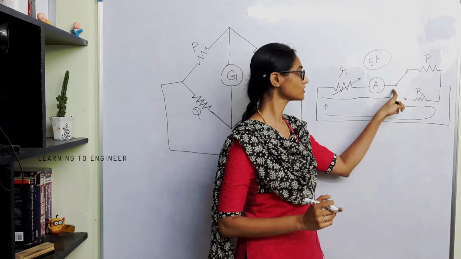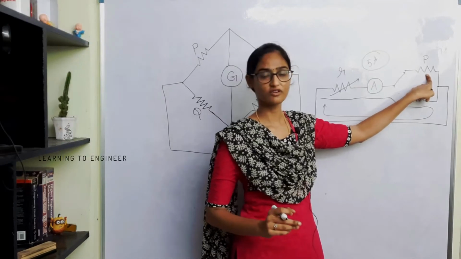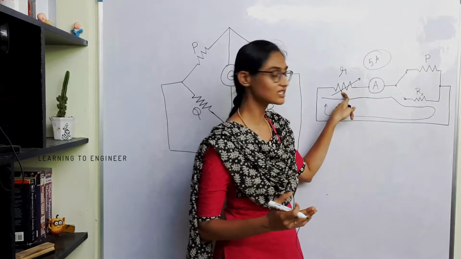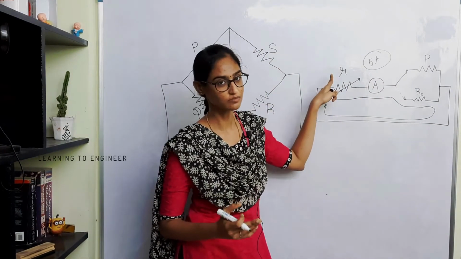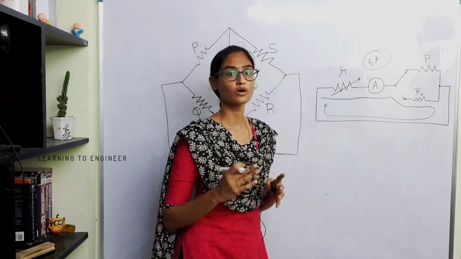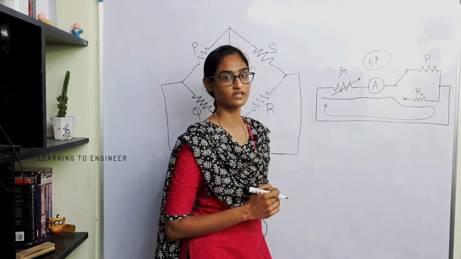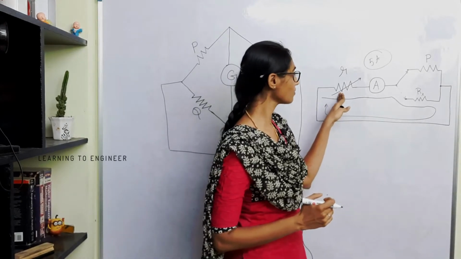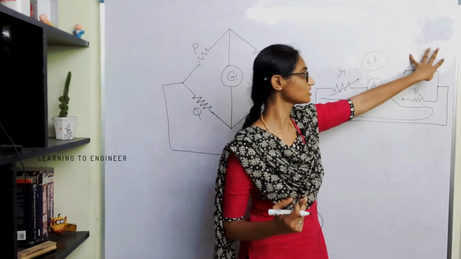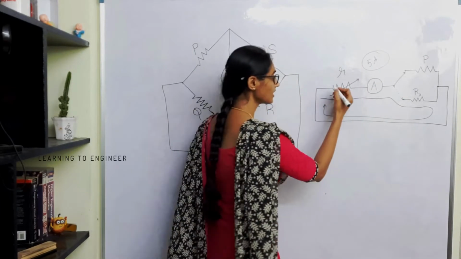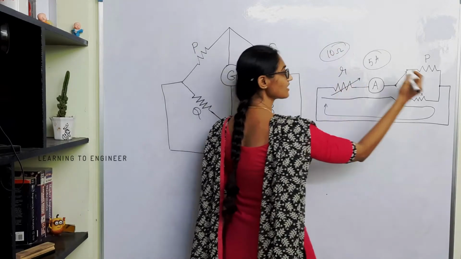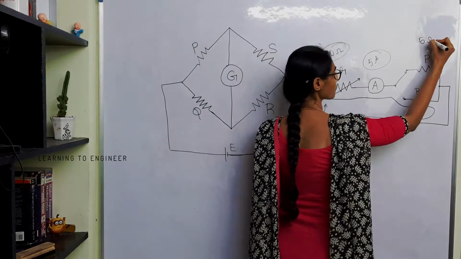Next, you will be switching it to a known resistor for which you know the resistance of this bridge, and then you will adjust the value of this resistor. This small r will be adjusted till you get 5 ampere. Once you get 5 ampere in this configuration, you can actually calculate how much R is used and then how much is P. Say for example, 10 ohm of R is used, and then let's say P is 5 ohm.